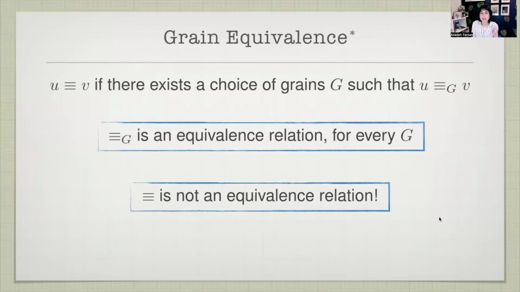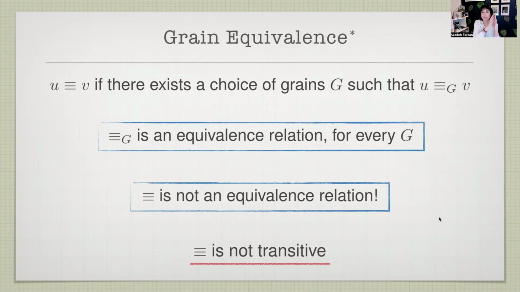It is symmetric and reflexive, but it is not transitive, precisely because you can go from somewhere to somewhere else with one choice of grains, and from there to somewhere else with a different choice of grains. But this second choice of grains may not always present itself where you want to be, right? It may present itself in the original source run, but after you make a choice of grains and make some moves, those choices of contiguous grains have disappeared from the resulting run.